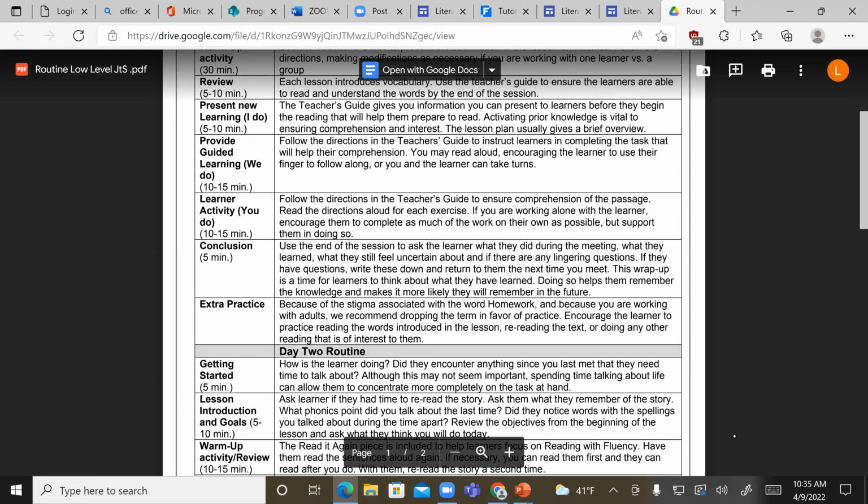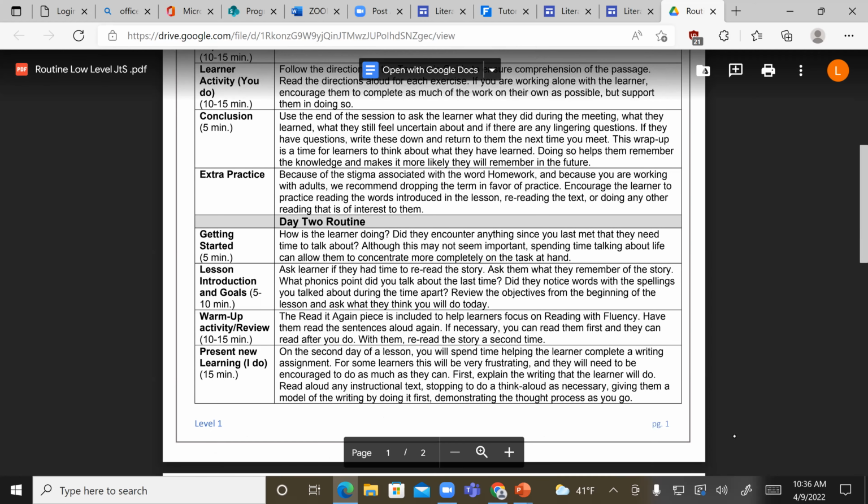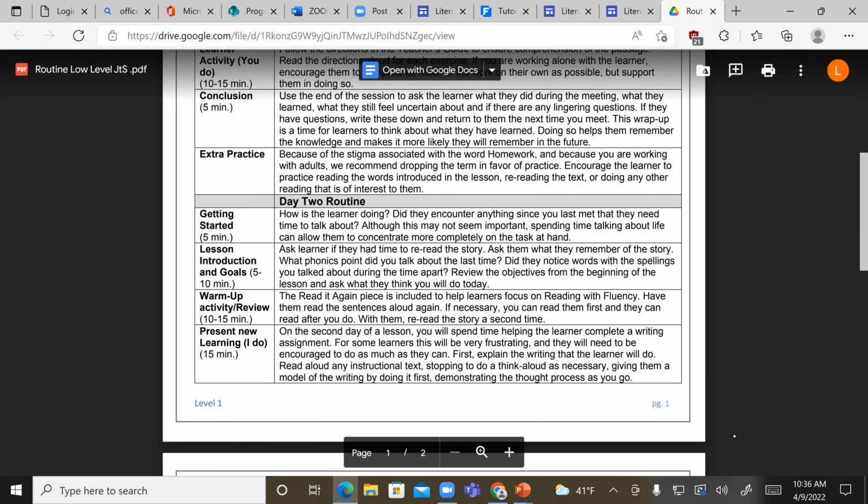So we don't use the word homework. We're trying to stick to extra practice. You'll see homework a few times because it's hard to let go of things that we have always had in our lives. But we do think there's stigma attached to it for adults. And it's already difficult for adults to make time to meet with our tutors. We know that. So you'll also see whenever extra practice is suggested, there's usually another time in the lesson where we also remind you to do it, okay?